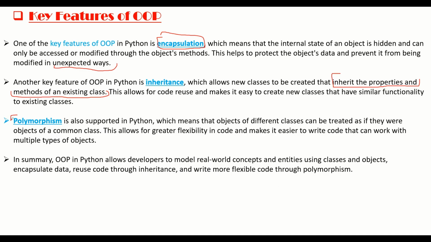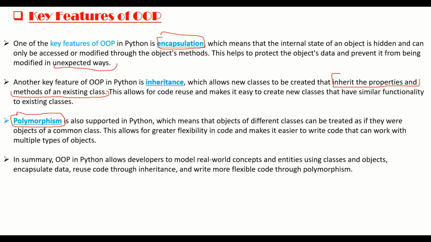And the third one is polymorphism. So it's also a very important topic. Polymorphism is also supported in Python, which means that objects of different classes can be treated as if they were objects of a common class. This allows for greater flexibility in code and makes it easier to write code that can work with multiple types of